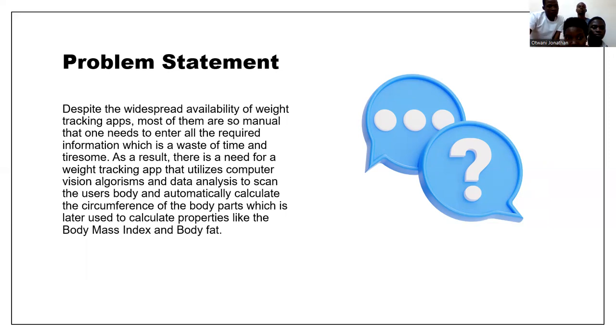As a result, there is a need for a weight tracking app that utilizes computer vision algorithms and data analysis to scan the user's body automatically without inputting anything. It then calculates the circumference of the body parts, which is later used to calculate properties like the body mass index and the body fat.